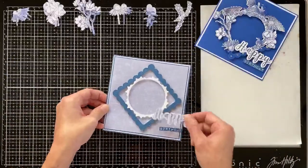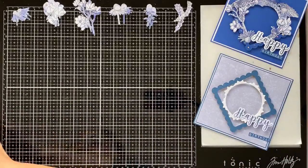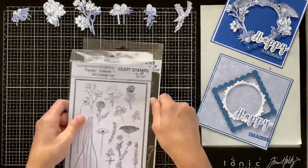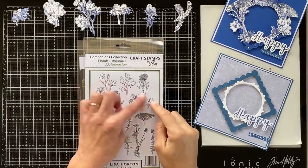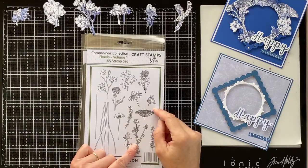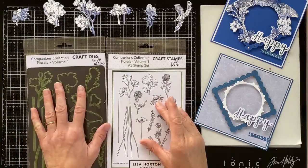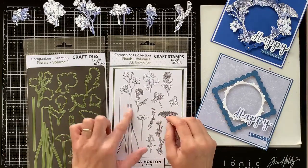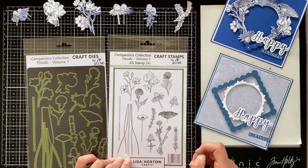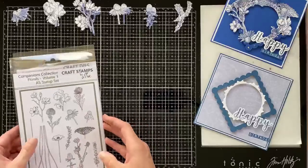So we'll just put this over to one side, over here, and we will move on to our flowers. Now what I've done ahead of time is to actually take an A4 sheet of paper, and I stamped out multiple times, I think 3 times, of the favourite flowers that I wanted to use, and I've die cut them all out. So you can see here, I didn't use the stems on this one. They're usually for larger cards or for other different uses, but so you have a lovely selection here. I've already stamped them out,